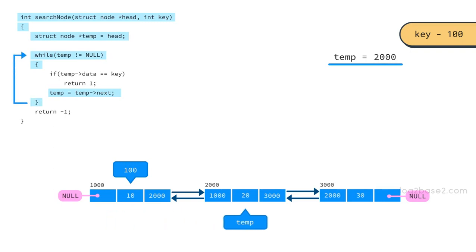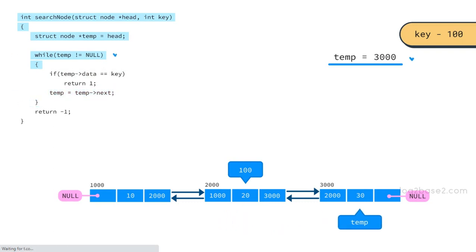Now again we have temp equal to 2000, which is not equal to null. So while condition is true, so enter the loop and check if node 2 is holding 100. But the comparison returns a false since key equal to 100 and the data here equal to 20. So if condition is failed, so temp will now point to the next node at 3000. Again check the while condition. 3000 is not equal to null, so enter the loop. Compare the data at 3000 with key. But we have data equal to 30 and key equal to 100, which are not the same. So if fails again and jump to the next statement,